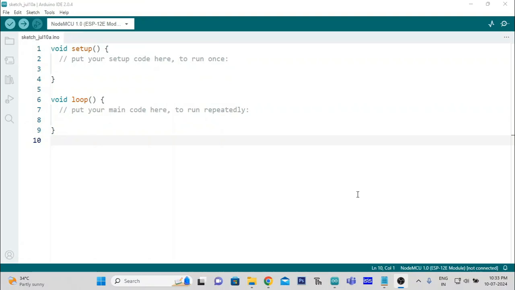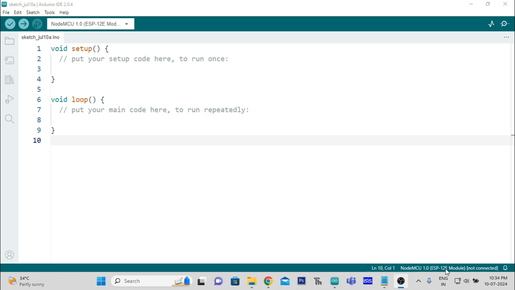This video takes you through some of the important points that have to be taken care of while writing programs using NodeMCU. The first and foremost configuration that you need to do before writing the program is to select the NodeMCU board, as well as the communication port you are going to use for